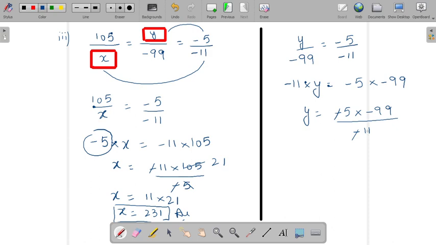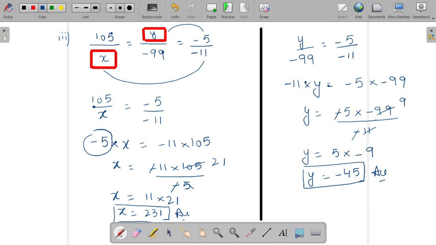अब हम क्या करेंगे? These two terms, क्या ये दोनों टर्म आपस में कैंसिल हो रही है? Yes. So 11 and 9. So the terms which are left out now, 5 multiply, be careful about the negative sign also, minus 9. So y equal minus 45. So this is the value of y.